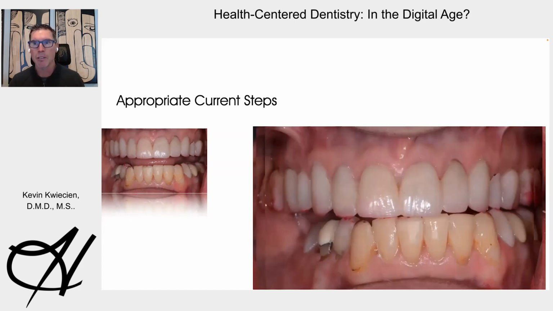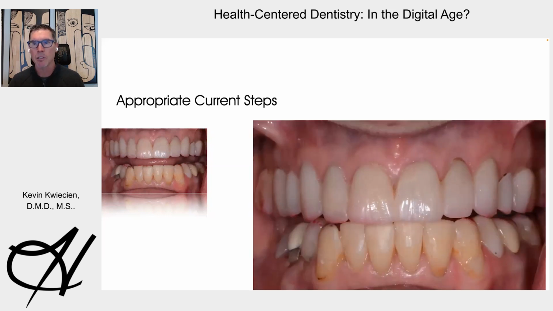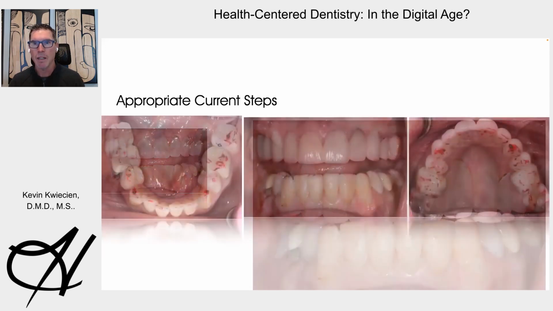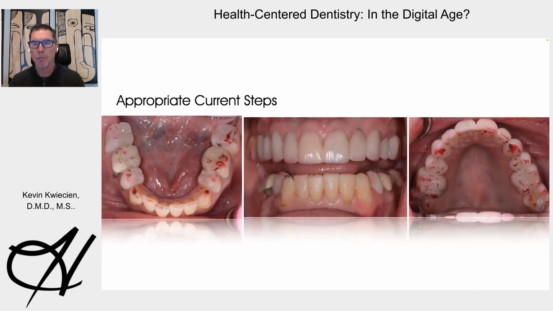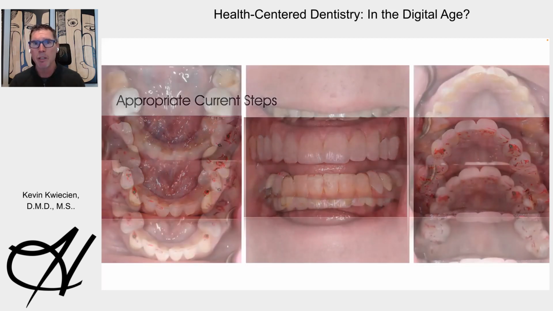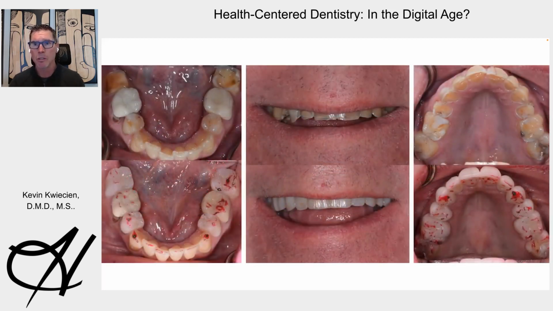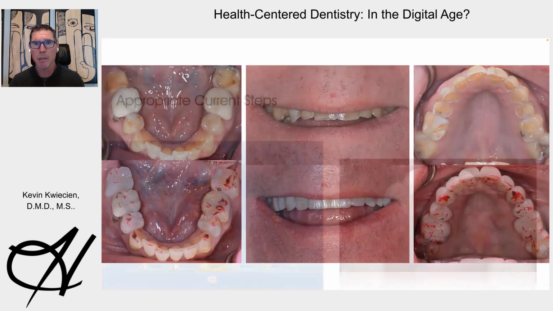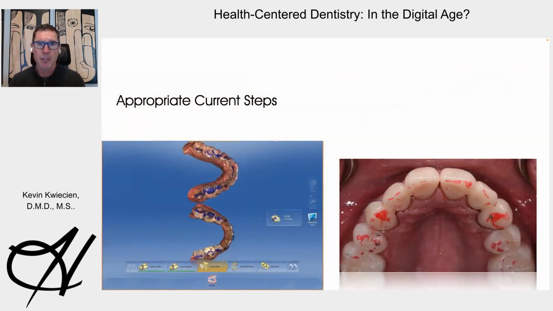So he now goes cuspidized to crossover, cuspidized to crossover, and end to end. That's not a bad day's work right there. The front teeth are doing the job they're supposed to do, and the back teeth are mostly touching, mostly even simultaneously. It's not perfect, but it was the appropriate first step that we could have never done without the digital world. Going from the top 3 photos to the bottom 3 photos in one day is not a bad starting place. And I took a scan of this so you could see that basically he's got a lot of back teeth touching, and his front teeth are mostly protecting his back